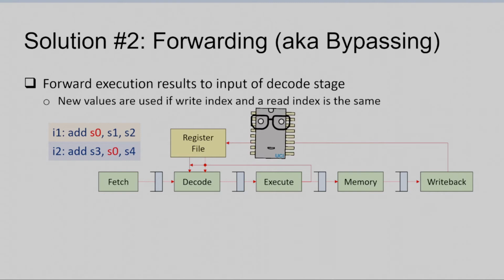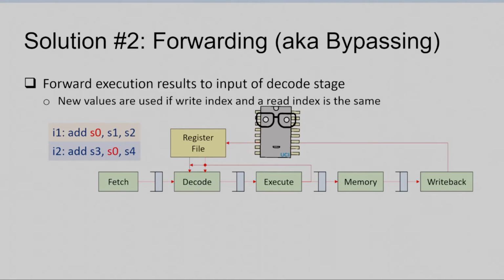So from the decode stage, at most, it's going to read from 2 register file locations, because that's how RISC-V is designed. And if any of the 2 register file read requests are the same as the one bypassed register write,